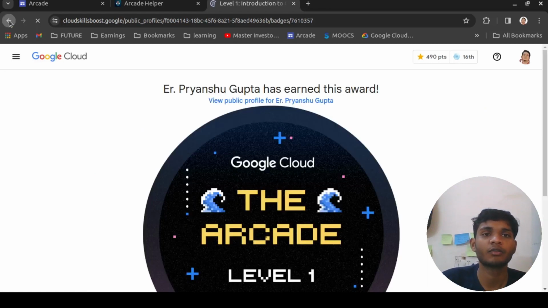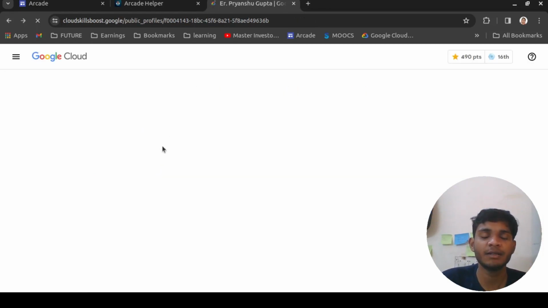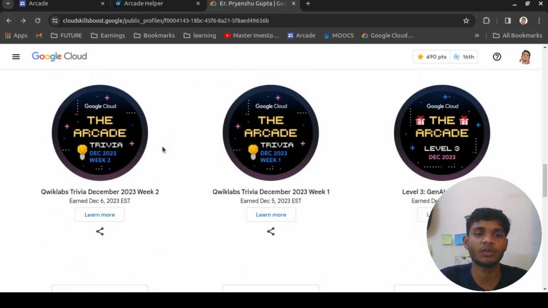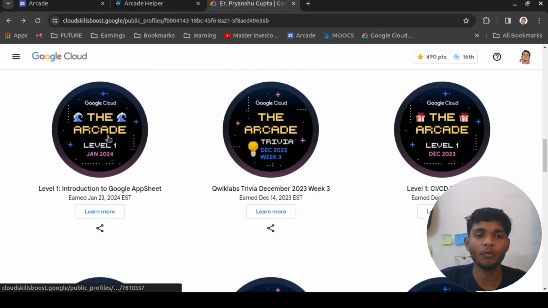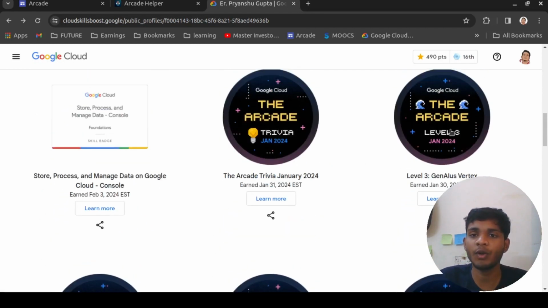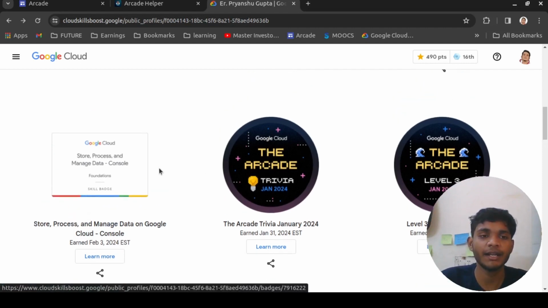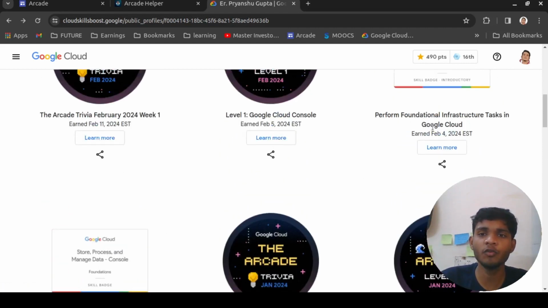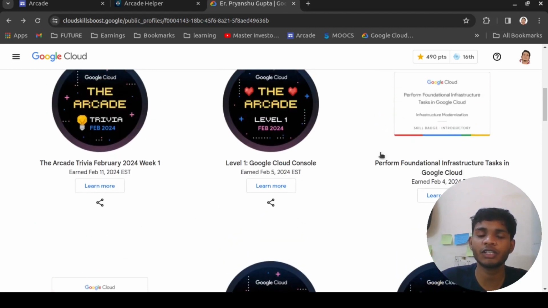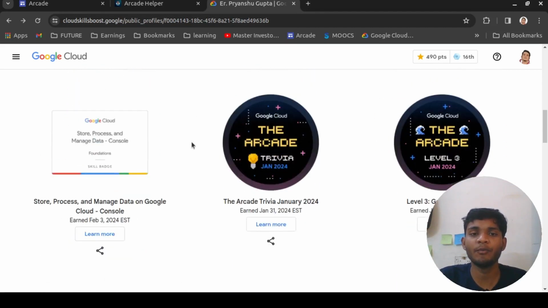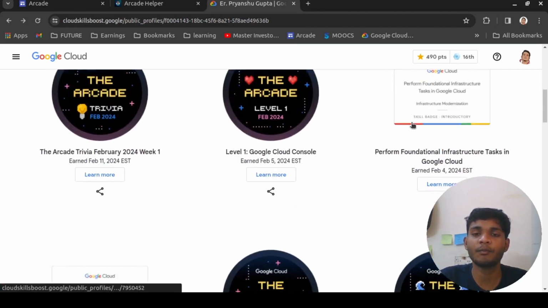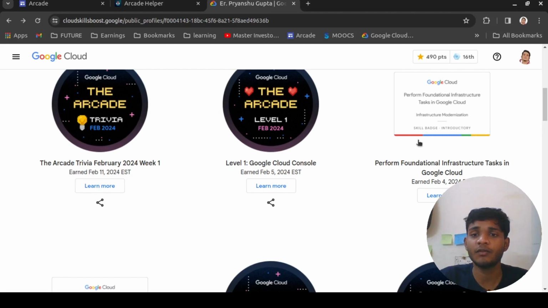Sorry, this is my first badge in this year 2024. So 1 point for this badge, after that 1 point for this badge, 2 points, 1 point for this badge, 3 points, and 1 and 2 badges here. So I have a total of 3 points and 0.66 points for these 2 skill badges, and after that 4 and 5 points. So these are my total 5 points from the badges, and 0.6 points for these 2 skill badges.